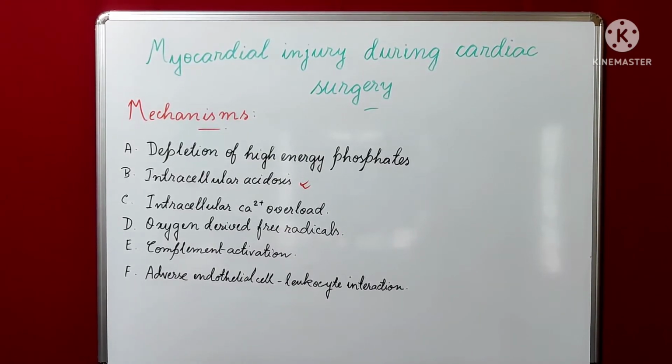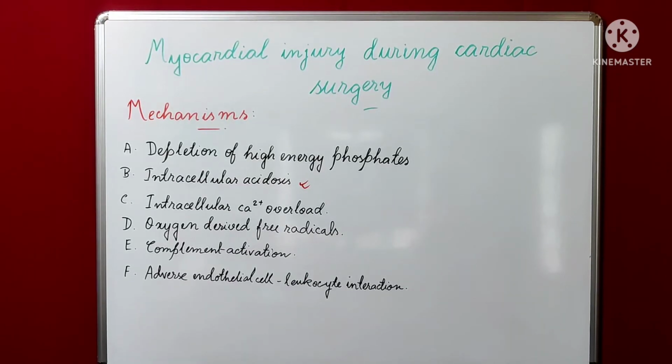Ischemia reperfusion injury hampers this balance and causes excessive vasoconstriction, as well as producing adenosine, nitric oxide, endothelin and thromboxane A2, and these alter the balance between vasoconstriction and